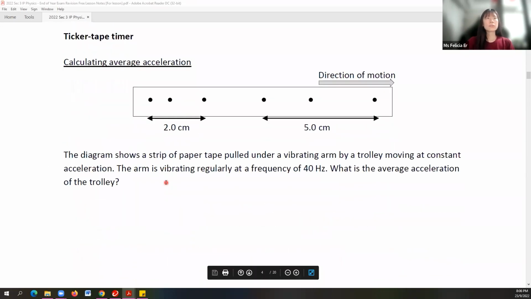Okay, so over here is the ticker tape timer. Does anyone not know what is ticker tape? If you totally don't know what's ticker tape, can you let me know now so that I can tell you what is ticker tape? Anyone don't know? If not, I take it that all of you know what's ticker tape. For this question, here is a very common question. Ticker tape is actually a strip of paper that you usually tie to the object